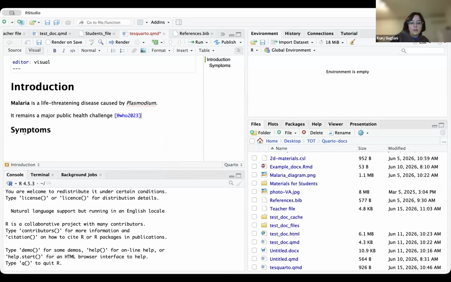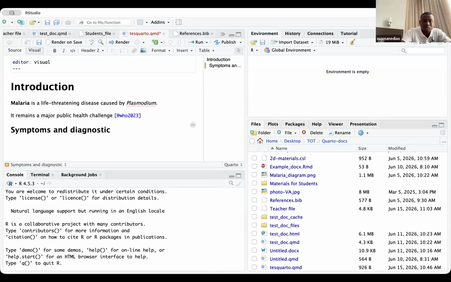So for symptoms, you see now the heading level of symptoms and introduction differ because I put two hashtags in symptoms and a space for heading 2. For symptoms, you can write everything that you want. It's symptoms and diagnostic. For example, you can say early symptoms. Early symptoms include